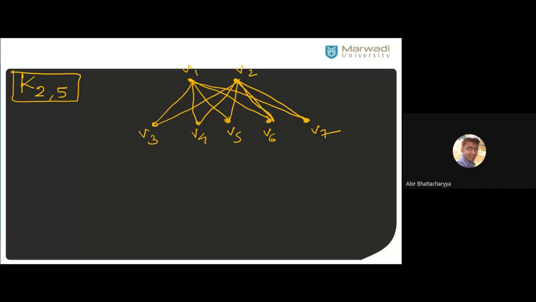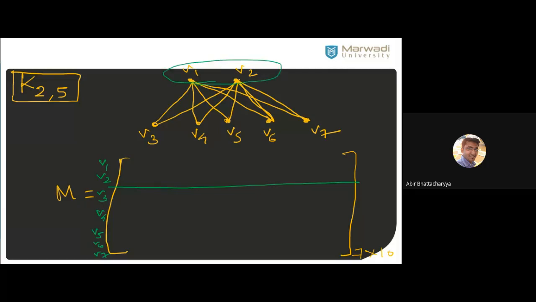So again, in this matrix, you have to create 4 blocks. Try to understand. It should be a 7 by 10 matrix, right? 7 rows, 10 columns. So in the 7 by 10 matrix, you have to create 4 blocks. So first, this is V1, V2, V3, V4, V5, V6, V7. So first this is going to be V1, V2. So cross it because V1, V2 is one partition. So make a block over here. Very good. Well done.